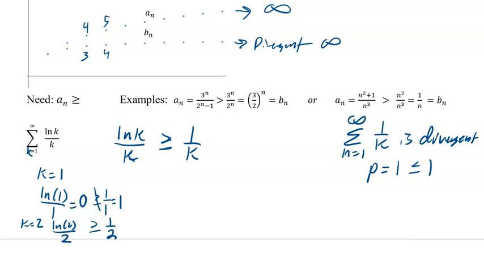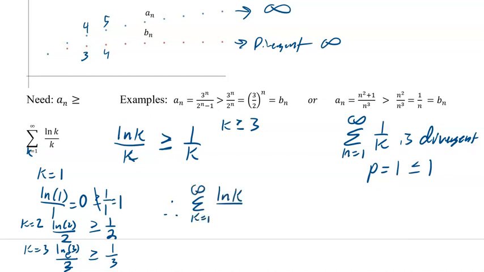So this is not bigger. But k equals 3, ln of 3. Remember, natural log has a base of e, which is 2.7. So we want that inside to be bigger. We know that is now bigger than 1 over 3. Oops, that's a 3 on the bottom. 1/3. So we know it's going to work. So all we have to do is put on there that k is greater than or equal to 3. And then now it's true. So we can say, therefore, the sum from k equals 1 to infinity of natural log of k over k is divergent